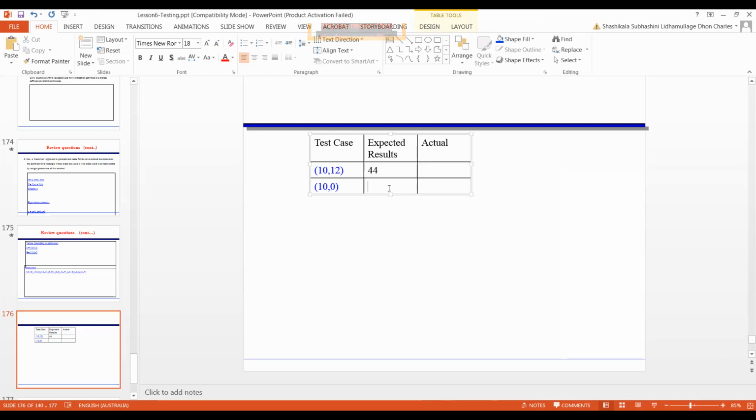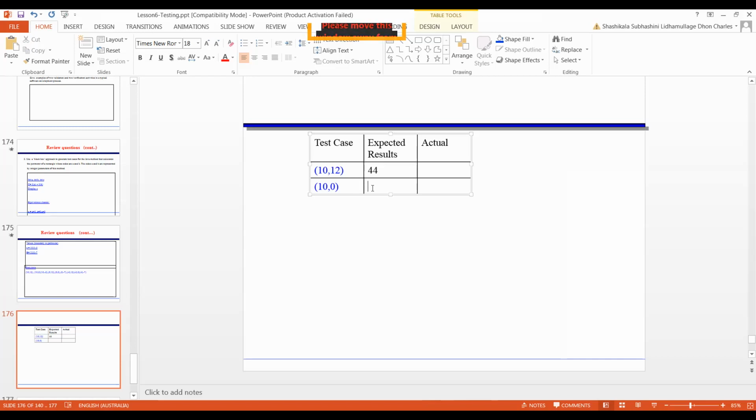Tell me what is the expected result for the 10, 0, Pasindu? If one side is 0, is it possible to have a rectangle?